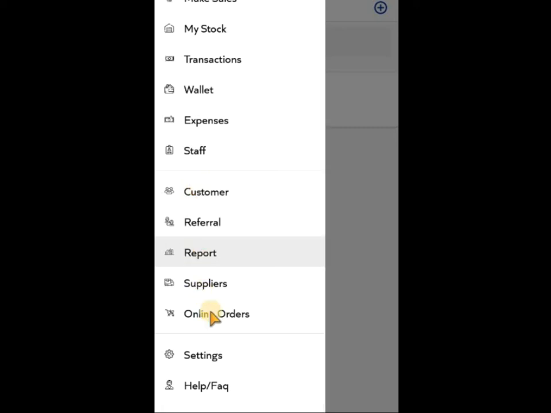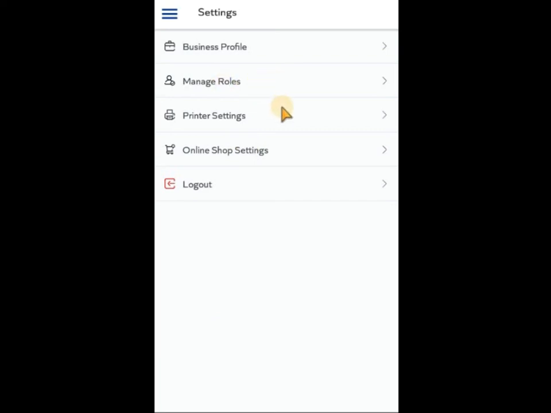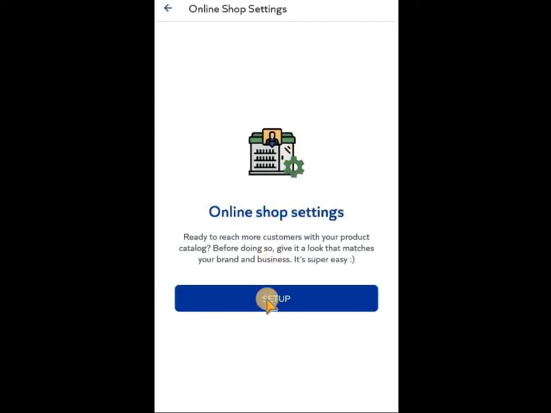This online store, this is where you click on settings, manage rules, printer settings. Because you can generate receipts on this app. I will show you that you can generate receipts that you can print out through your Bluetooth printer. Now let me go to online store. So we need to set it up